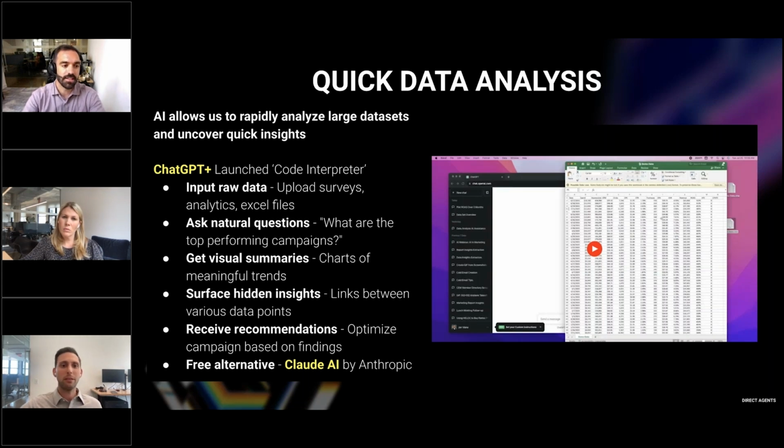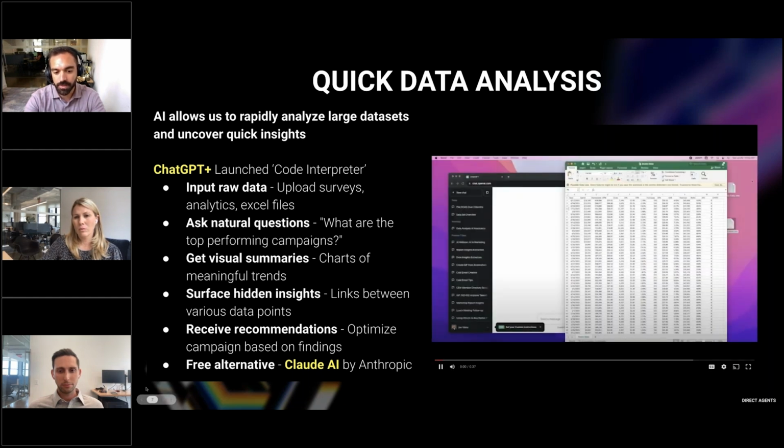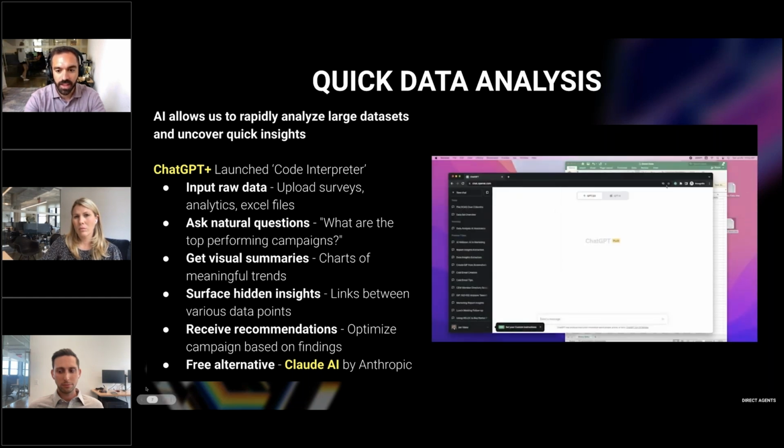But this is ChatGPT's native solution. It's called Code Interpreter, and basically you can upload everything from a PDF to a raw CSV or an Excel file and ask questions about that data. If we play the video, you can see here I pulled just demo data of campaign performance to date, and I'm able to get that CSV file and directly upload it into ChatGPT